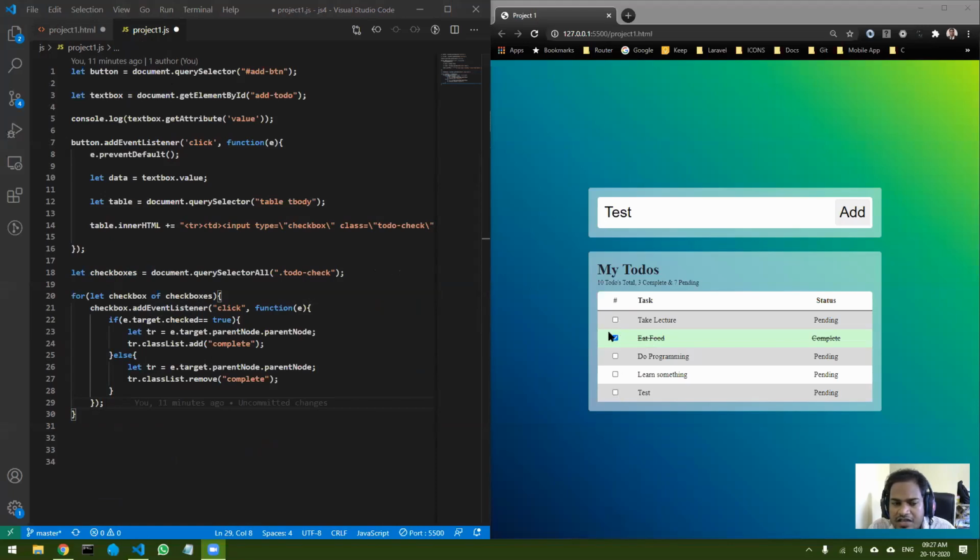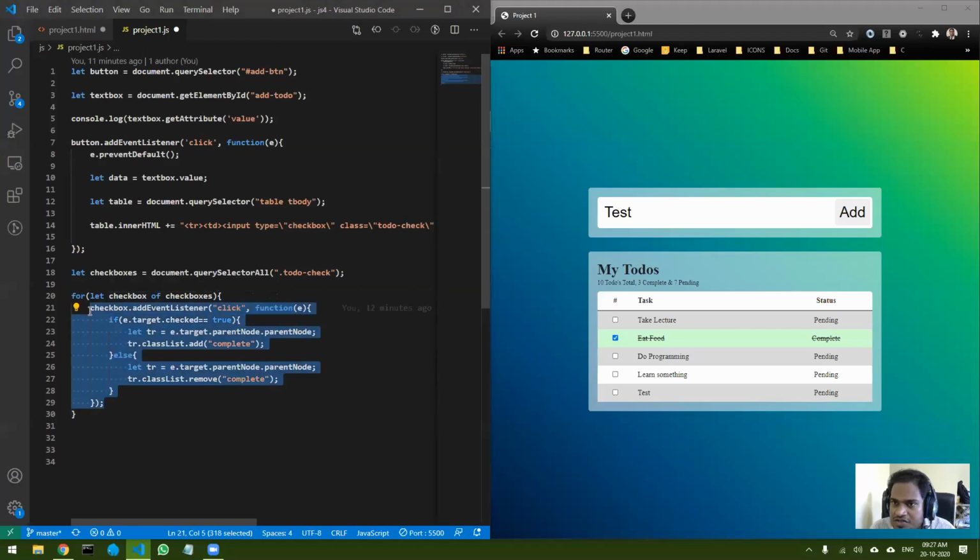If there are only five checkboxes, how many event listeners will be there that we are attaching? If you look at it, we are using a for loop, and we are looping through each and every checkbox. So this particular code will be run 5 times, okay. So there will be 5 event listeners added.